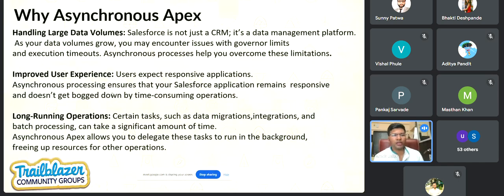Because of those, too much time would be consumed by the CPU. And as I already mentioned, for synchronous mode you have to make sure the operation gets completed within 10 seconds. Suppose it crosses that, you will get the CPU time limit exception.